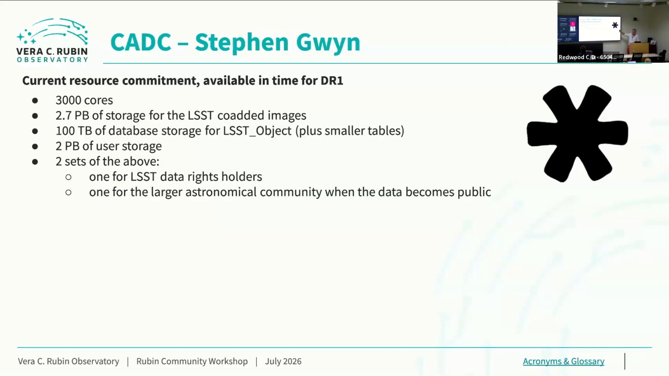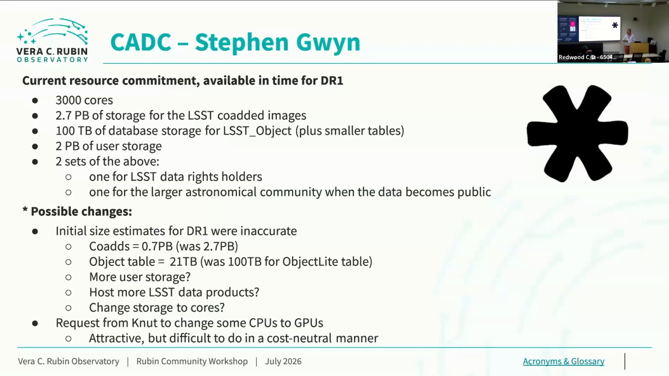So there's a giant asterisk here to all of this, and that is because the initial size estimates for DR1 were slightly overestimated. So the coadds turn out not to be 2.7 petabytes of data, but actually 0.7 petabytes. So we actually have a bit more disk space than we originally planned. And then the object table for DR1 has shrunk from an estimated 100 terabytes down to about,